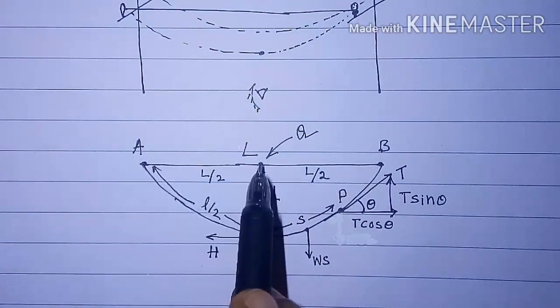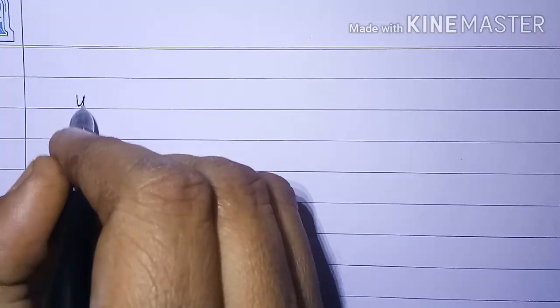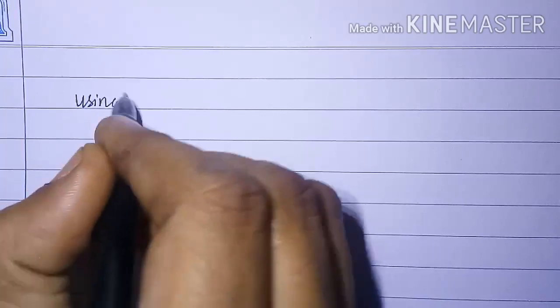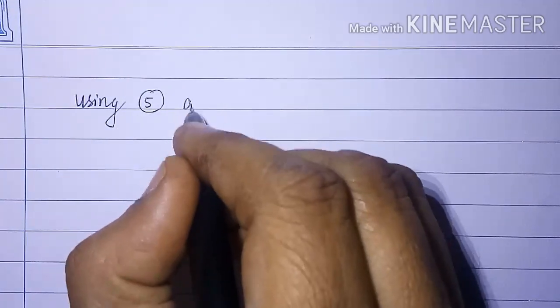So from A at L by 2, the maximum deflection occurs in case of a conductor supported by the two poles which are at same level. Using equations 5 and 11,